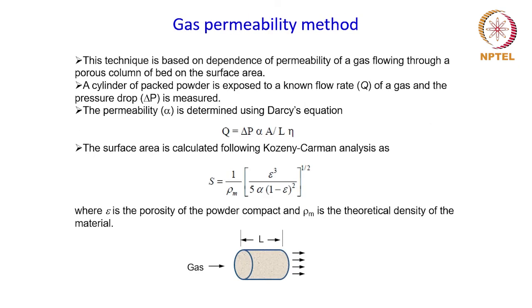Now there is one more method which can be used to measure the surface area of powder. This is the gas permeability method. This technique is based on the dependence of permeability of a gas flowing through a porous column or bed on the surface area. Right, so from this dependence of the surface area on the permeability, the surface area of the powder can be calculated. So what is done here is a cylinder of packed powder, which you can see over here,